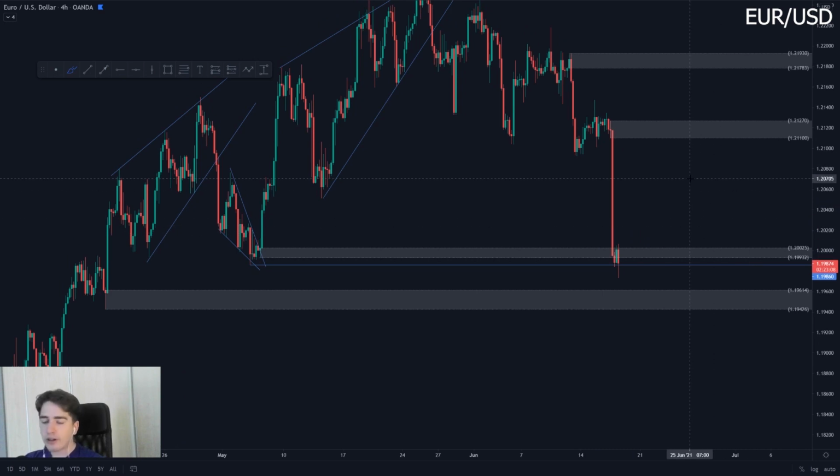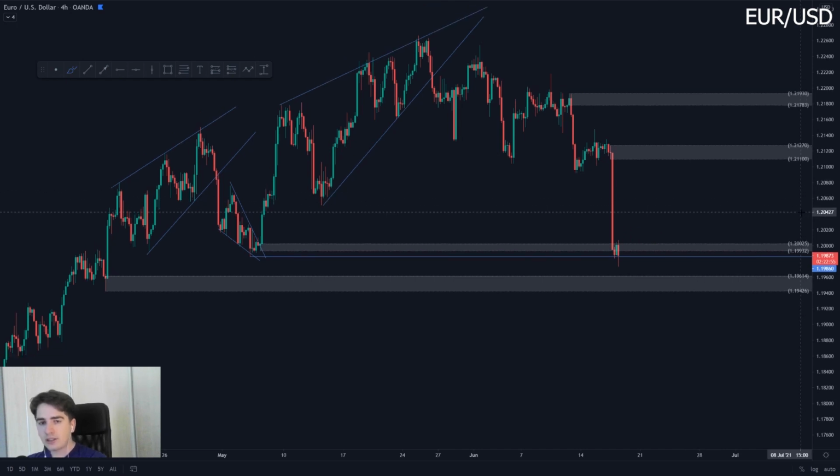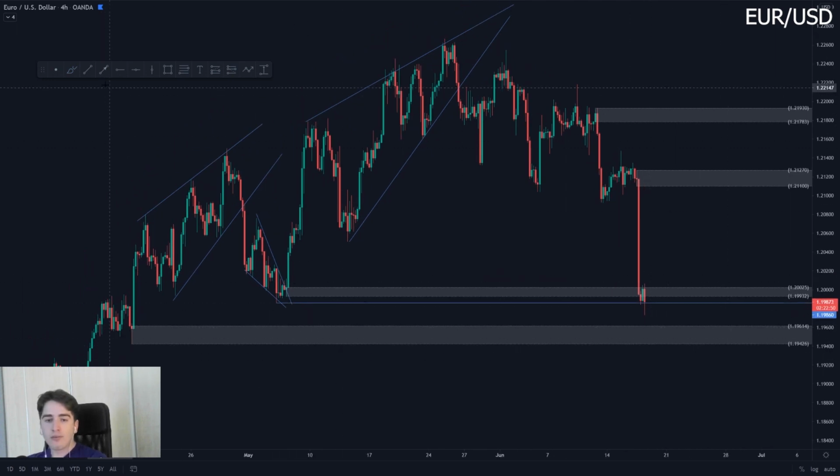However, once again, the market at the moment is just irrational. There's no added use in analyzing it, or you can say it's what you expect. There's not any art to it. The only tools that I can use at the moment are my supply and demand zones, and therefore I am just going to be waiting for a reaction from either this area of demand or this area of demand over here at 1.19614. So from there I do expect a pullback back up, from one of these zones. So yeah, that's euro dollar.